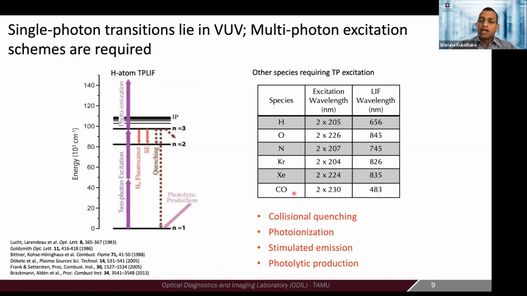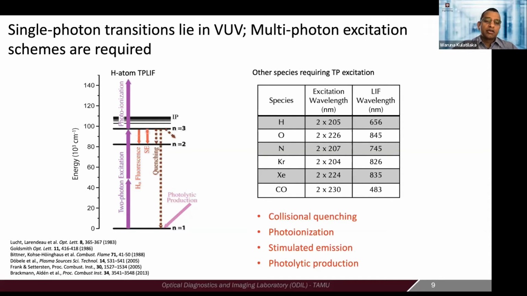But when you try to do this in reality, things get a little bit more complicated, of course, because there's no easy way of getting everything at the same time. So when you do two-photon excitation, you can have a third absorption of a third photon at the same energy, and then you can ionize the atom. So you can have the fluorescence. That is the signal we want.